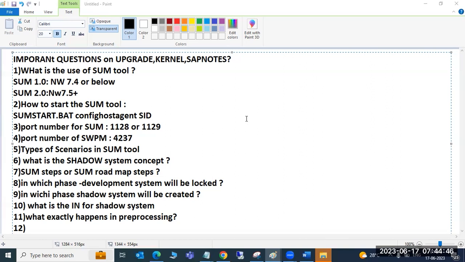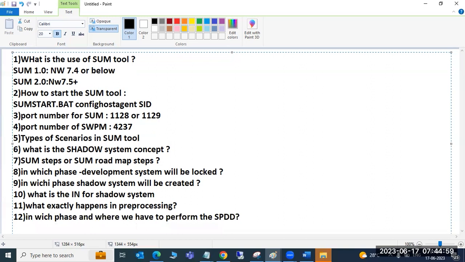Then in which phase, and in which system, do we have to perform SPDD?